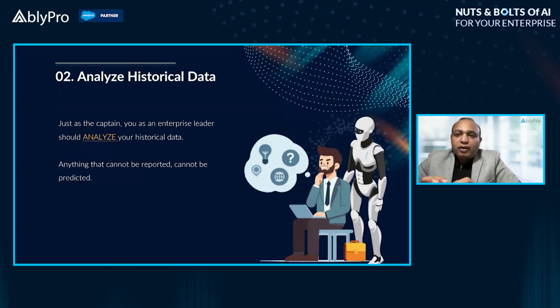So all your effort of onboarding this new crew member or your new employee who is going to help you out is all going to work on that data. So if you don't have that analysis in place, you have not corrected your historical data, the AI or the new employee, or your return on the investment of this new employee, is going to get wasted. Okay. So first was assessing the need for AI. Then once you start your journey with that new member, you need to understand, analyze and research your historical data. And if it is not in place, you have to make sure that you order it properly.